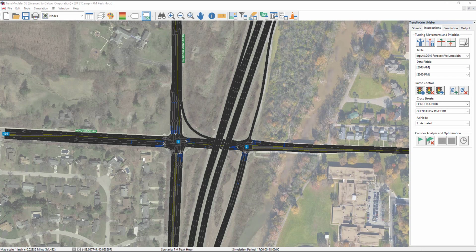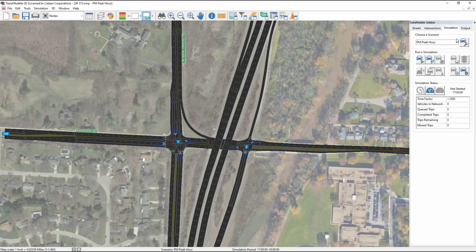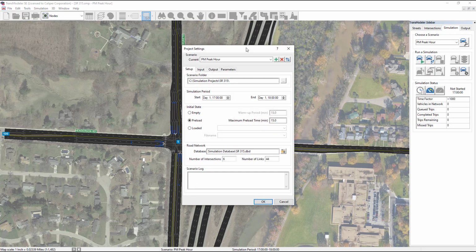This video demonstrates the methods of traffic signal optimization. For this example, we'll apply single intersection optimization, which is based on deterministic equations on node 1. So the idea is that our current scenario for the PM peak hour